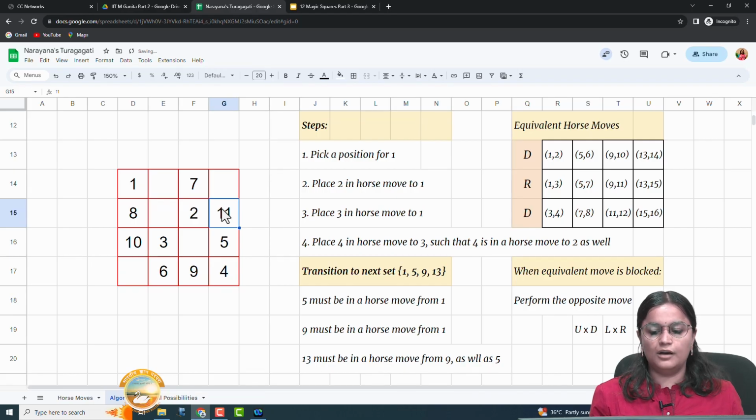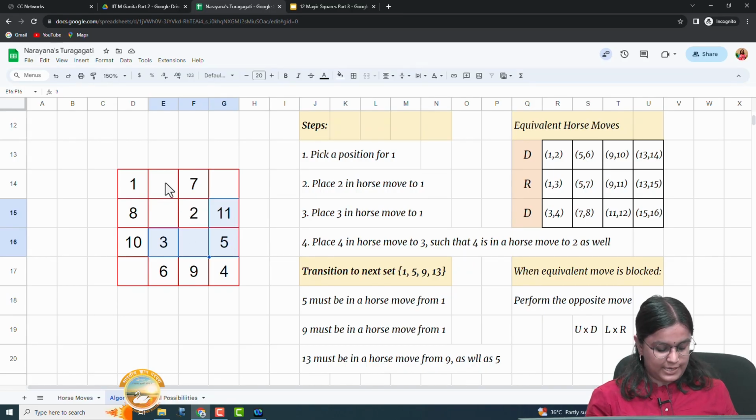11 and 12 according to our equivalent horse moves table should be in a horse move to each other in a down direction. So, from 11 now we try placing the number 12, but as you can see this is a blocked path. So, we will invert this move and go up, giving us this as the place for the